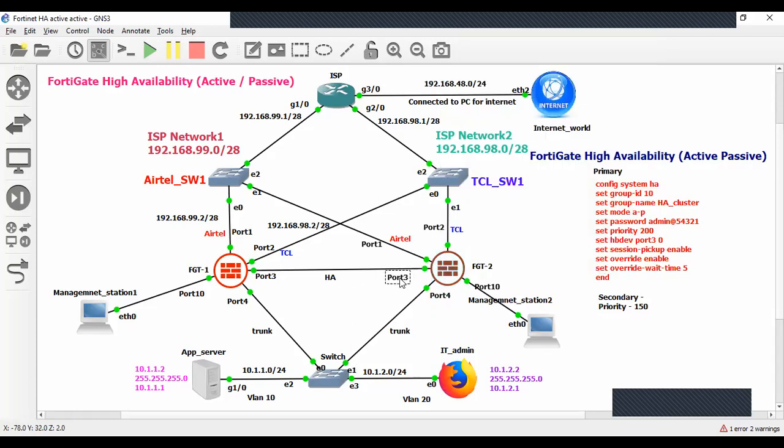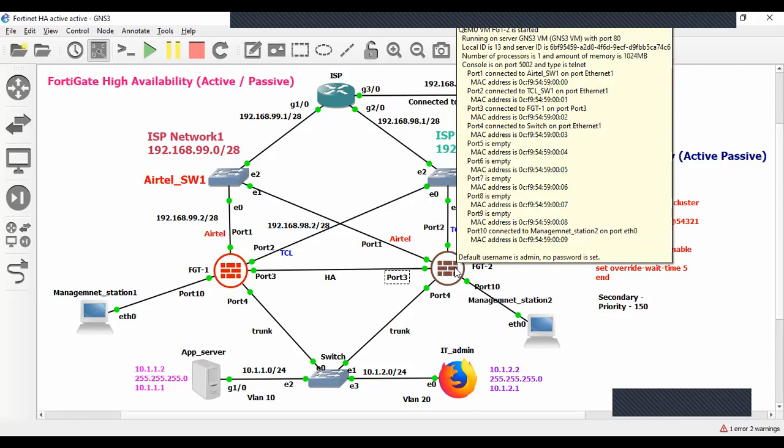And for the HA port, I have only a single interface, port 3. But in your case, it could be 2 links or 4 links as per your requirement. It will take time, so just wait for a few minutes.